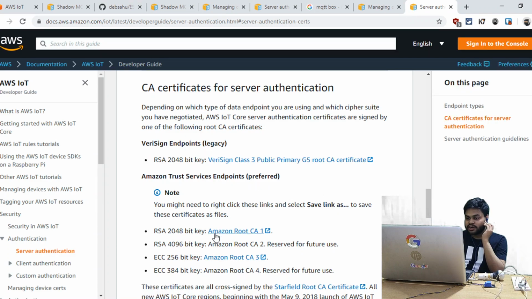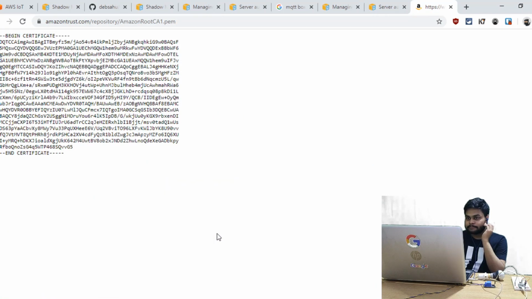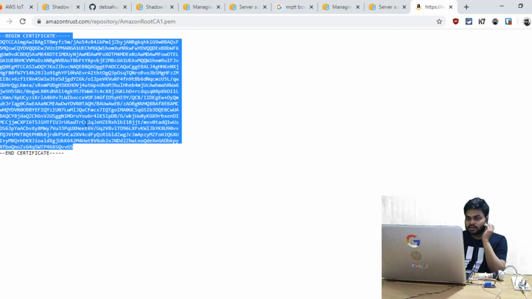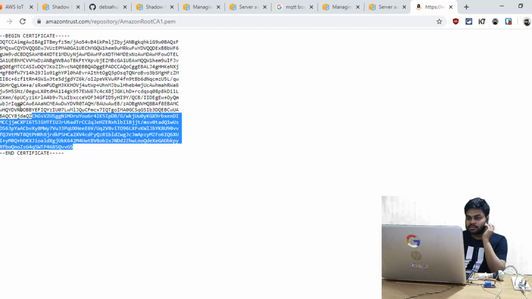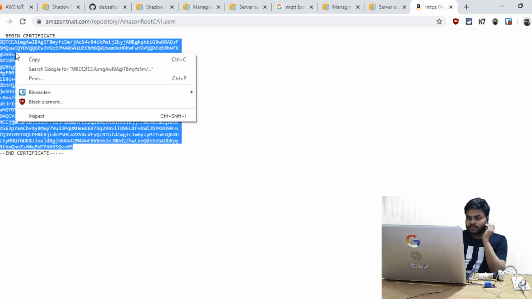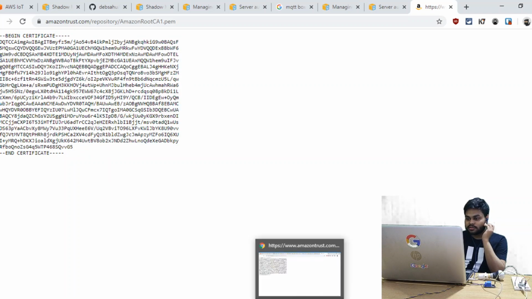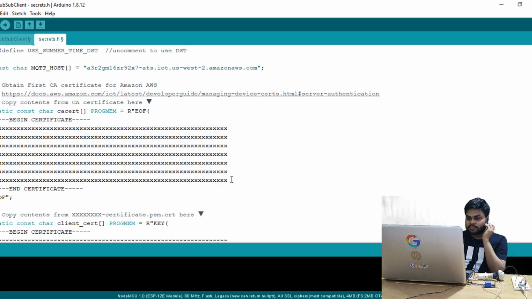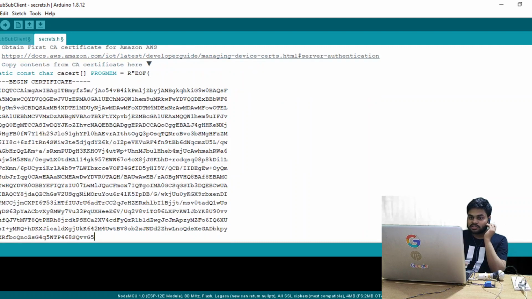RSA 2048 bit key, click on it. Amazon Root CA1.pem. You don't need to save this file. Simply copy the content of this file and paste it in the secrets. First thing, the CA certificate.